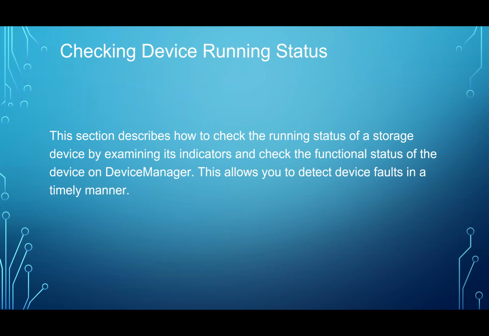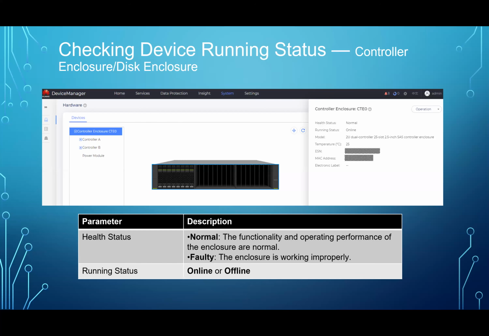The next section is about how to check the running status of each component from the Dorado V6 using the device manager. So if you are not on site, you can also check the status and the device running status, most of the hardware components, also from the device manager. We start with the controller enclosure or the disk enclosure. You can go in the device manager by the system view and choose the hardware, then click on the controller